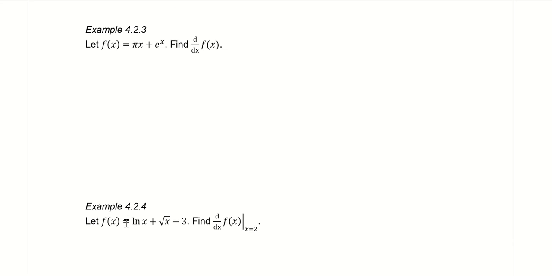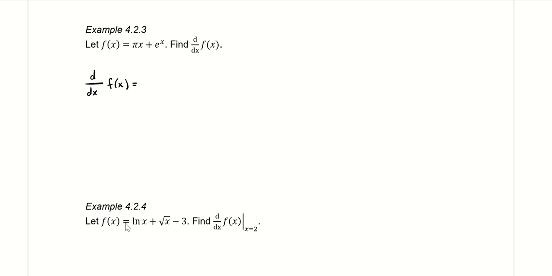What about this example? f of x equals pi times x plus e to the x. And we want to find this, which is Leibniz notation, the derivative with respect to x of this function. So this is the same thing as f prime of x, just using different notation. So the derivative with respect to x of f of x is going to equal,